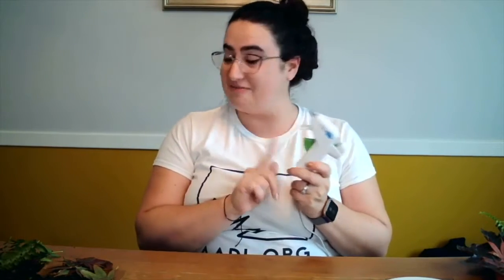You will need scissors. I use a hot glue gun, but please feel free to use liquid glue, like Elmer's glue, or even tape, or really any glue. I did try with a glue stick and the leaves wouldn't stick very well, so something stronger than a glue stick. I don't have any Elmer's glue at my home, so I stuck with what I had, and that was a hot glue gun. So I have my hot glue gun, I have my extra glue in case I run out. And then the last thing you need, obviously, are